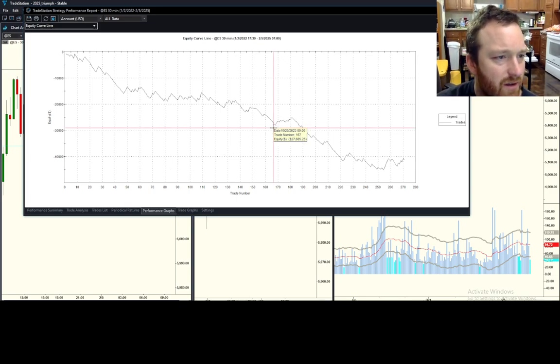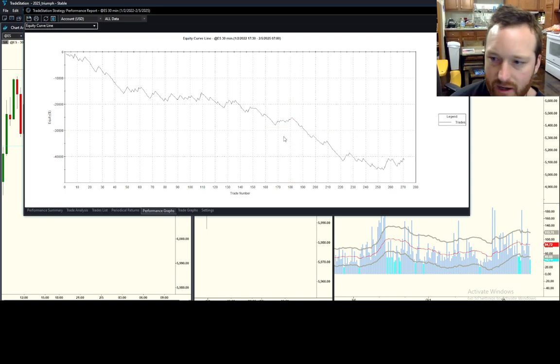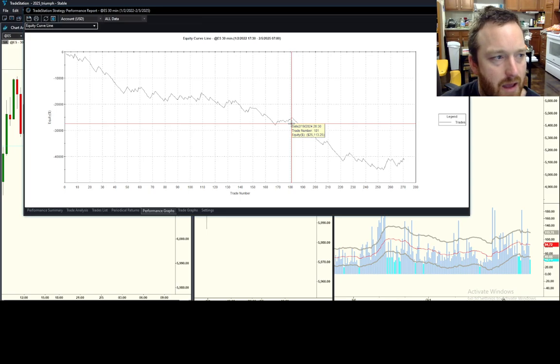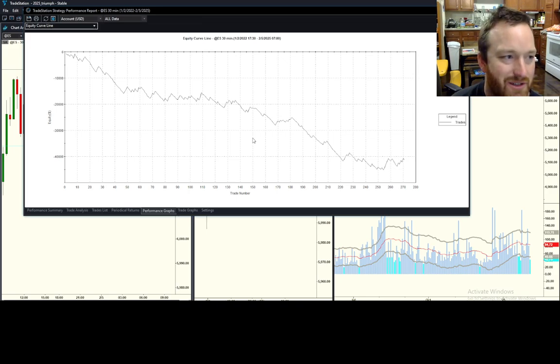The biggest drawdown here is from 28 to 25. You went up $3,000. You had a period of time from October to February that you went up $3,000, risking $500 per trade. So I don't know how much that is. 6R. So you went up 6R at most. That's the biggest drawdown we have. This thing just goes down. Why do we trust it again? I can't tell you what's going to happen, but it doesn't seem like it's going up.